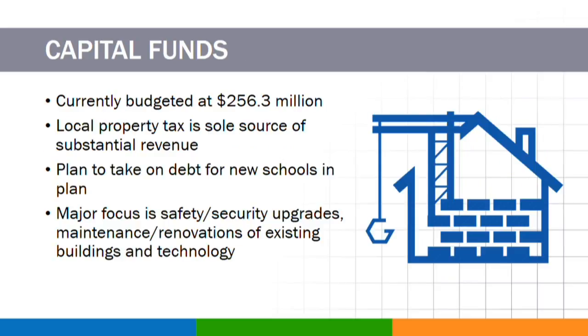And our capital funds, we've talked about capital quite a bit. So this year's budget, 18-19, as we are going forward, is at $256.3 million. And again, that 1.5 mils that we talked about earlier is the sole source of this revenue. What we have been talking about is the debt. We will be taking on new debt for Triple M, the high school going out in the East Zone. We talked about Lehigh Senior additions, so as those come on board and the other schools that we've talked about,